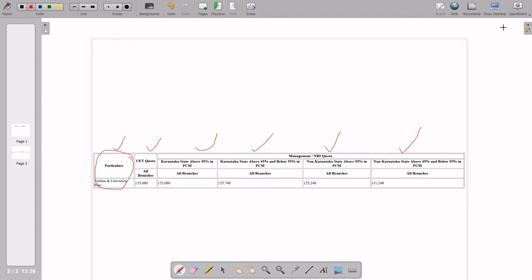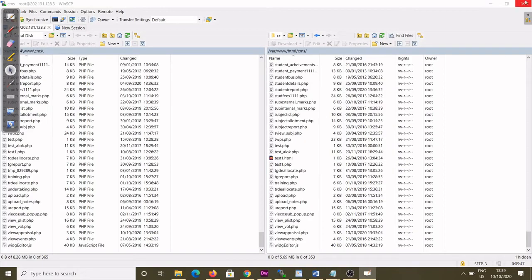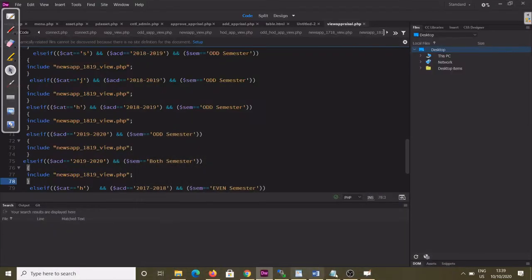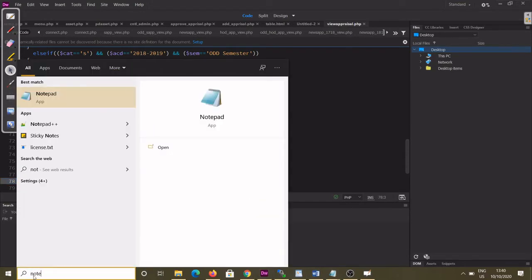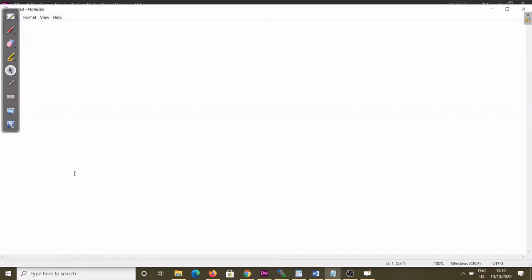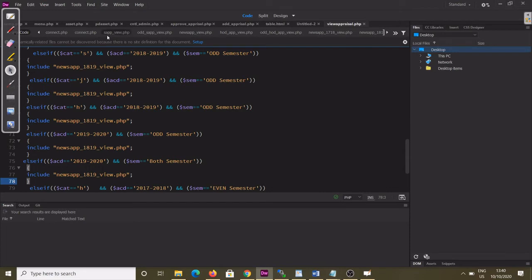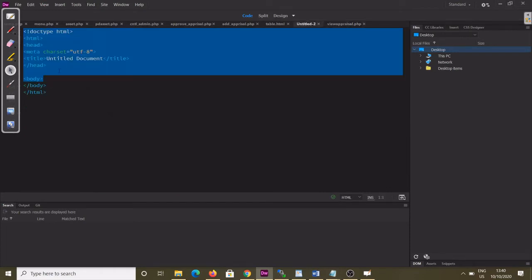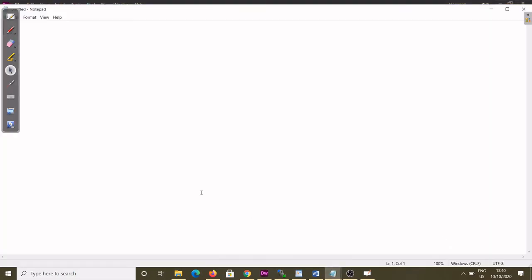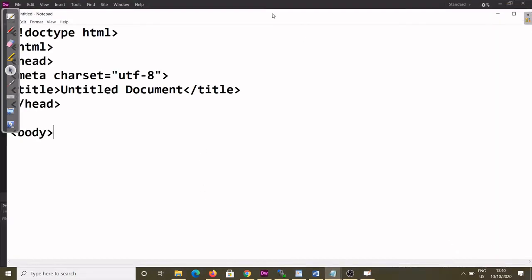For coding purpose, I will start one notepad. In the notepad, the basic part of the HTML, I'll copy from here, so I can save a little bit of time.